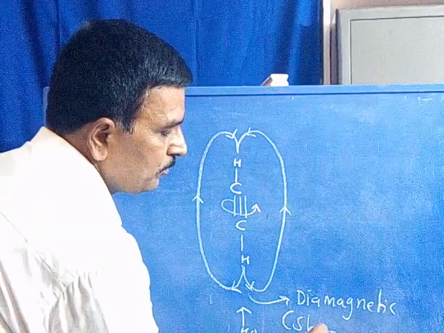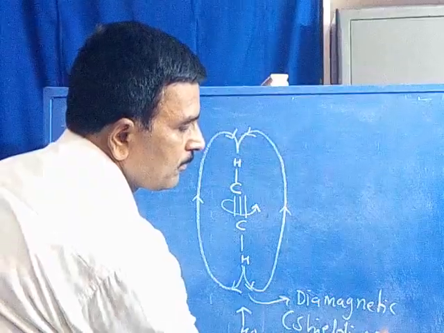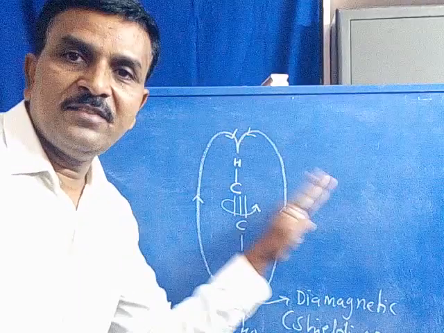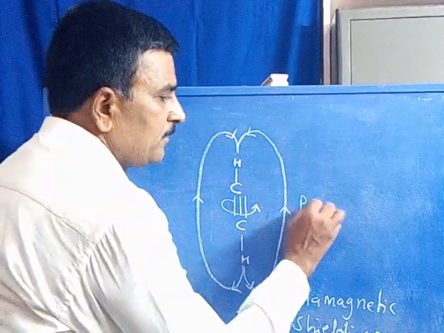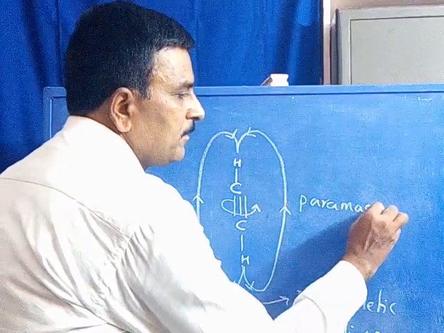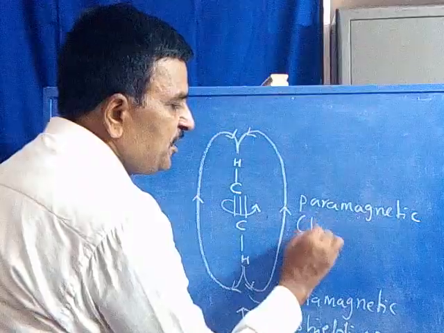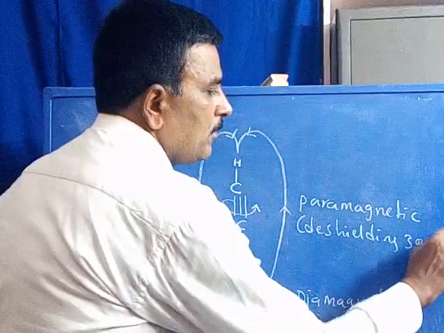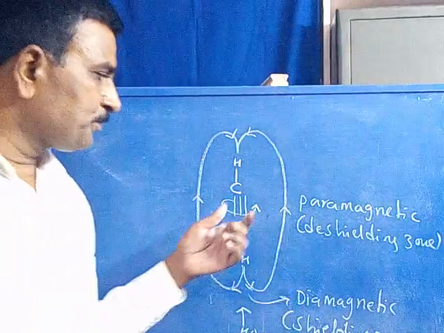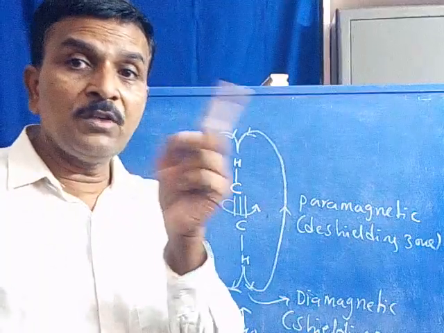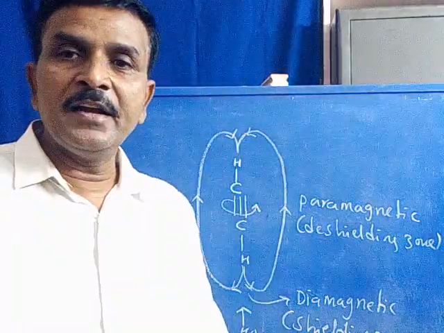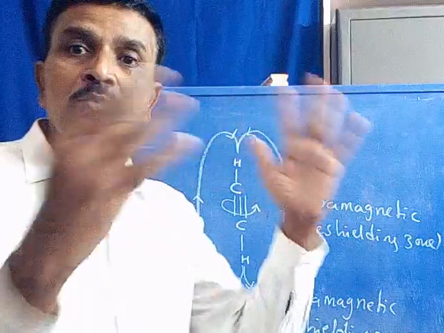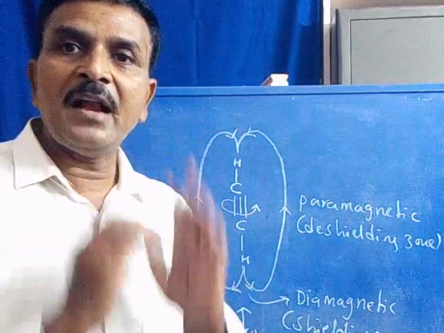Diamagnetic or shielding zone. Outside the vertical axis, you observe it is paramagnetic, or de-shielding zone. So circulating the pi electron cloud around the vertical axis generates a secondary magnetic field which is diamagnetic exactly on the vertical axis, and outside the vertical axis the secondary magnetic field is paramagnetic.